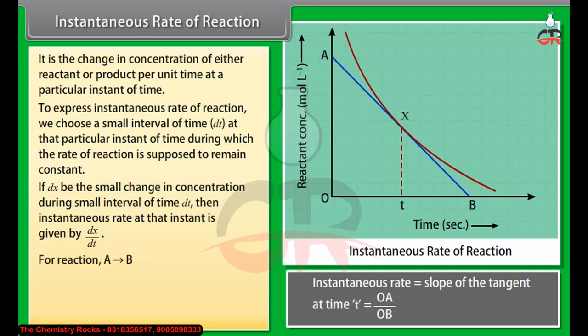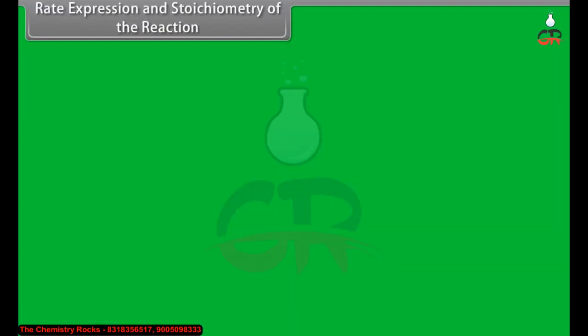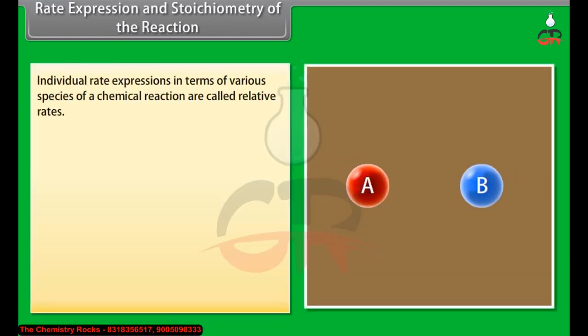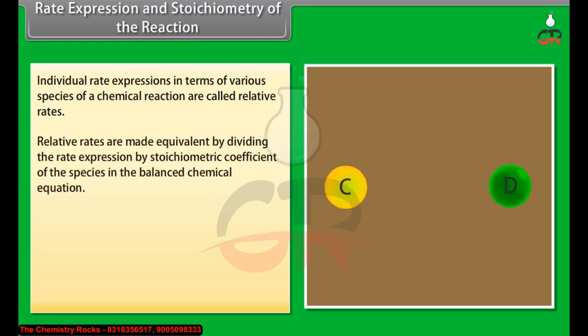For a reaction in which A tends to B, instantaneous rate is equal to dB by dt. Rate expression and stoichiometry of the reaction. Individual rate expressions in terms of various species of a chemical reaction are called relative rates. Relative rates are made equivalent by dividing the rate expression by the stoichiometric coefficient of the species in the balanced chemical